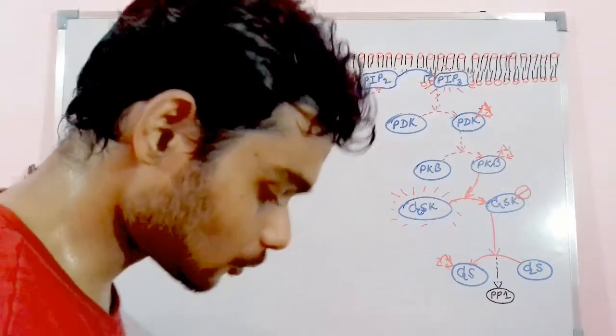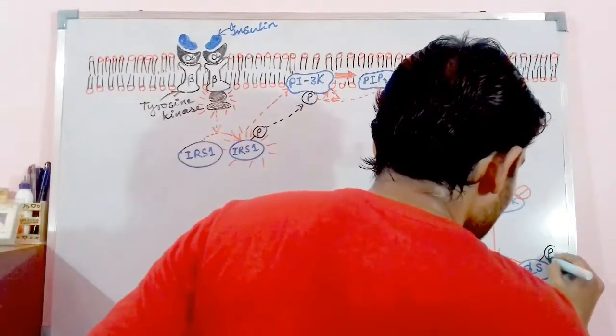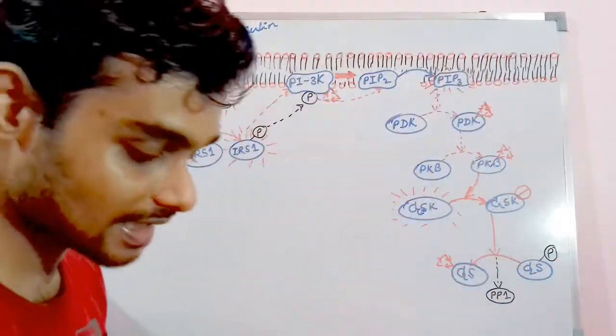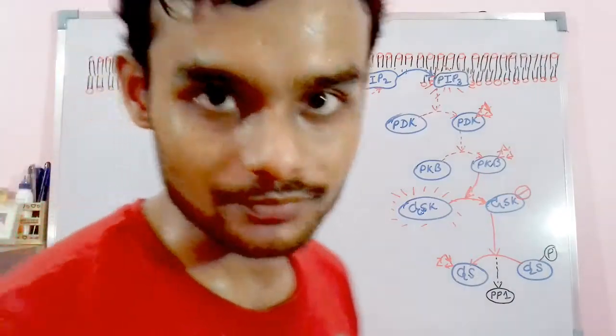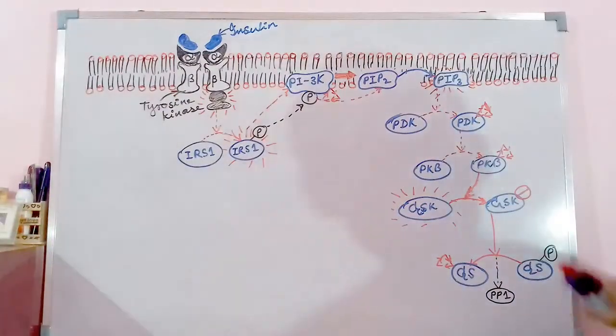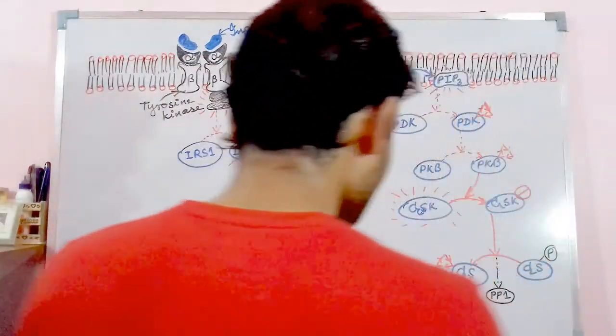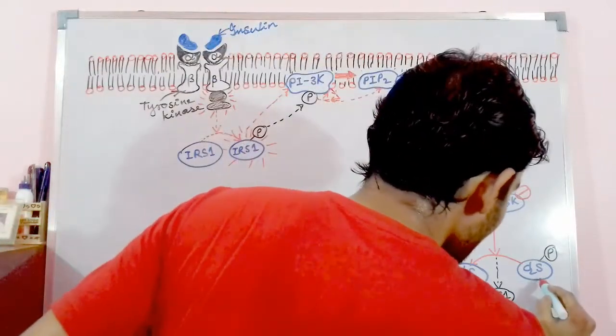Now what does this phosphoprotein phosphatase do? It helps in removal of the phosphate group that was attached previously to the glycogen synthase, or any of the phosphate groups that might be attached to the glycogen synthase molecule, and thereby with the removal of this phosphate group,